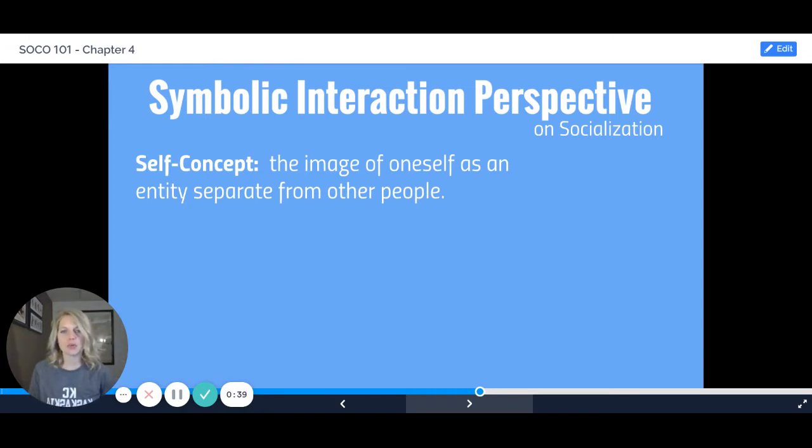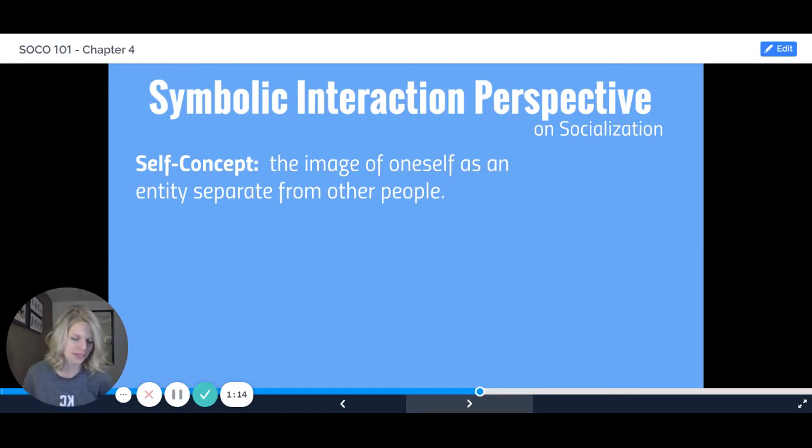Symbolic interactionism really challenges this idea that our personalities and the way we act is biologically based. It's that nature versus nurture debate that we talked about during chapter 3. Symbolic interactionism really believes that we are all basically born blank slates with a few genes that determine hair color and all of that, but that our personalities, the way that we behave, is all culturally based and learned throughout